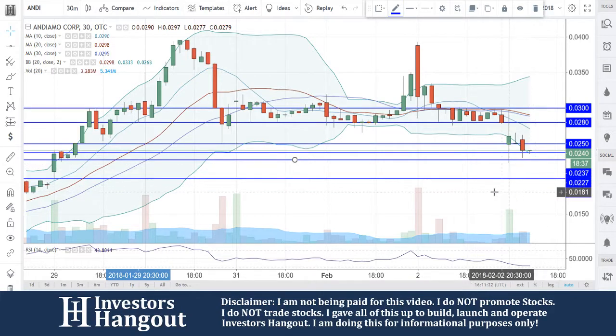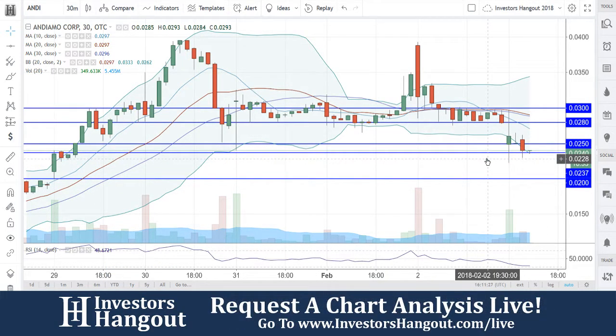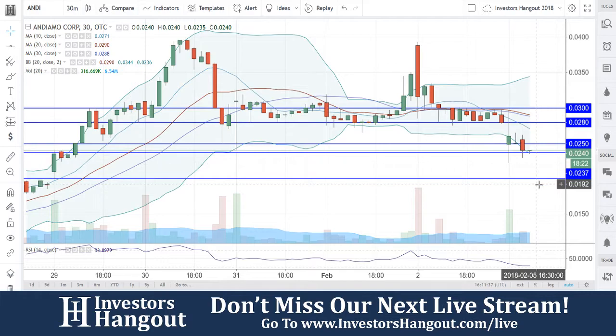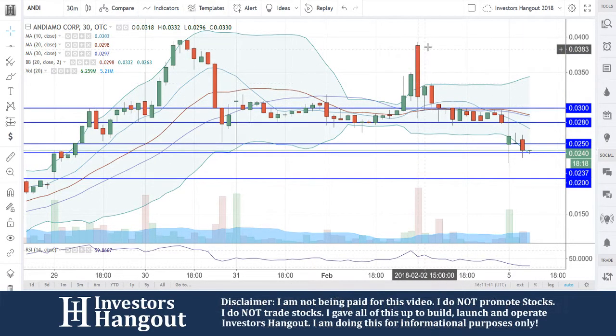But as of right now, we need to see that 0.0237 hold. That's going to be the 10-day simple moving average, which is currently on the daily. If that does not hold, the next major level of support is going to be down here around the 0.2. Now you're at 0.240. You might think that's a long, far way off, but just think about this. You guys were just trading up here at the 0.3, even as high as 0.389,